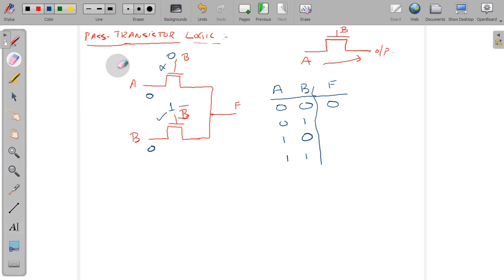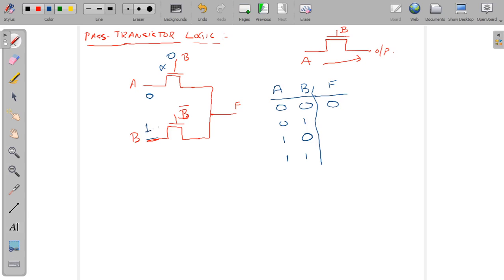Okay, let's look at the next condition. A is 0 and B is 1. If A is 0 and B is 1, it means that this B becomes a 1 here,